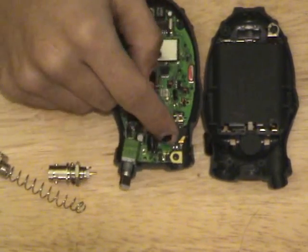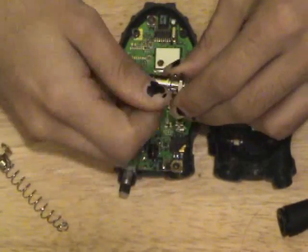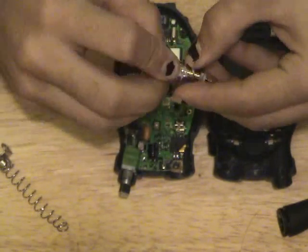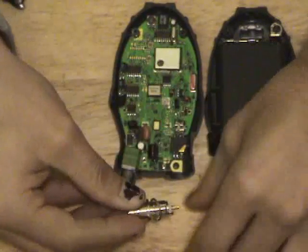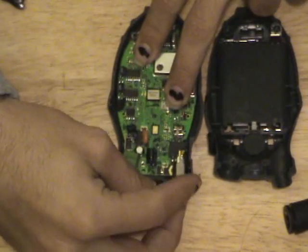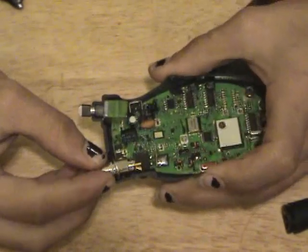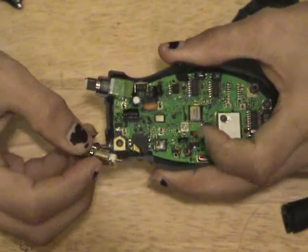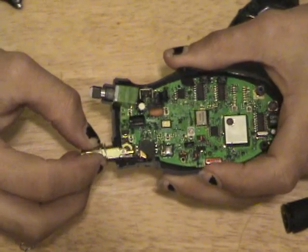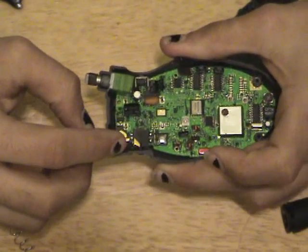Now we need to go and find a ground point. The reason I decided to go with the BNC connector, let me take off this nut and washer and I'll show you why. Now we are going to need a little bit of wire, and we're going to have to manipulate this a little bit, but not by much. You'll notice that the BNC connector fits in almost as if it was designed to, but it goes down a little too far. We need this signal wire here. We can run a small amount of ordinary wire and connect that,